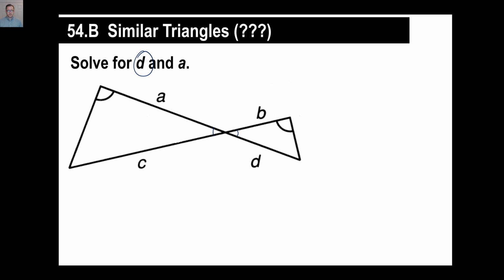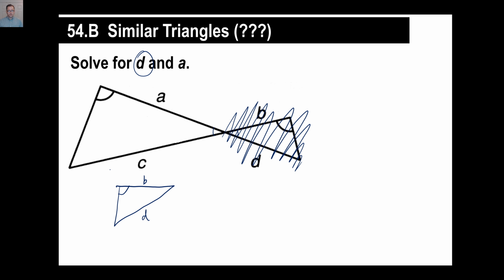They give you these two are the same, which AA means AAA. You learned that already in geometry. So this is what this looks like with the B on the top and the D on the bottom. You just kind of flip it. In other words, if you just want to forget that, and these are two similar triangles, and they say solve for D. Well,